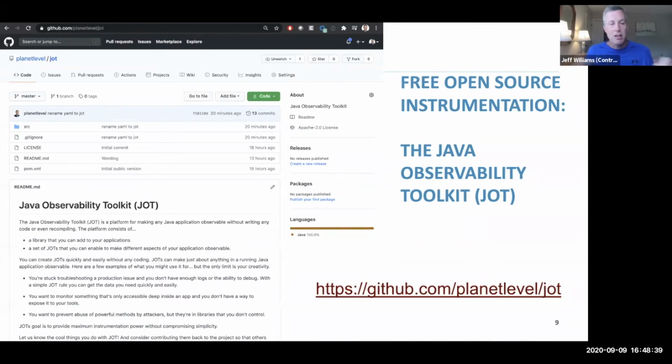And you could gather anything. If you want to see what parameters are being sent in on various pages, you could gather that. If you want to see where encryption is used in your application, you could easily gather that. You can do just about anything. I'm going to show you some really powerful examples, but I want you to think in the background, you can do this incredibly easily. All you need is a method that you're interested in and a few minutes, and you can have great observability.